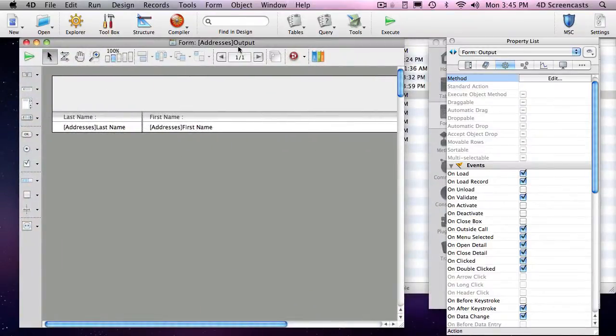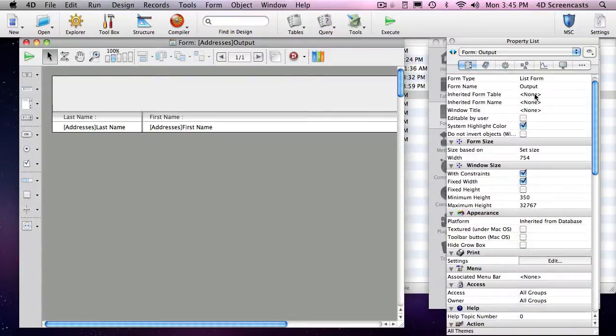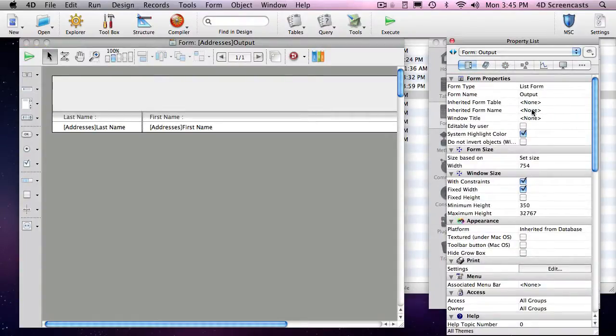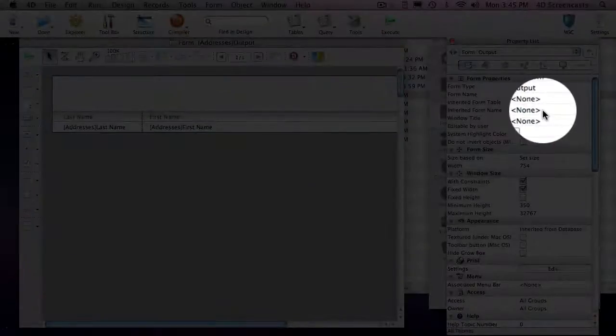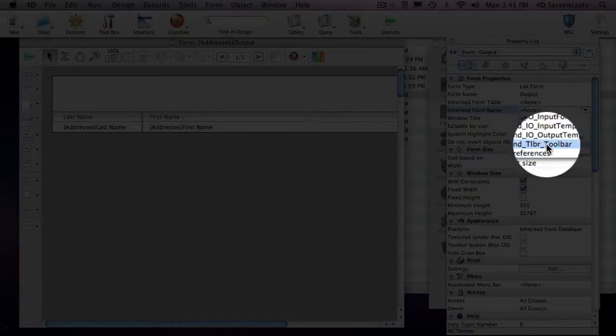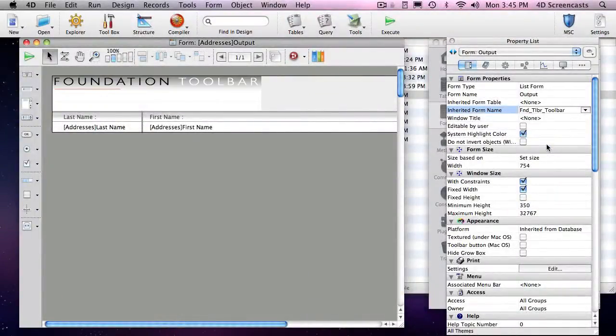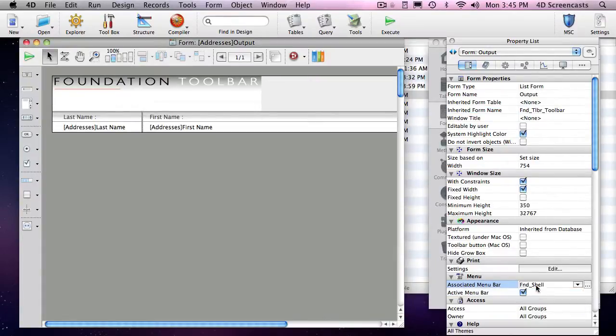Now we'll work on the output form. Just like the input form, we need to inherit a form. This one's called Foundation Toolbar, and we associate no menu bar,